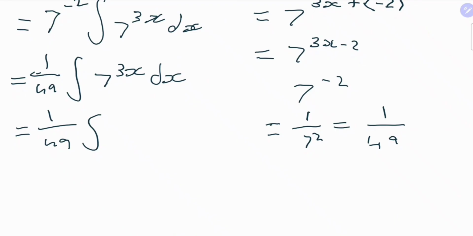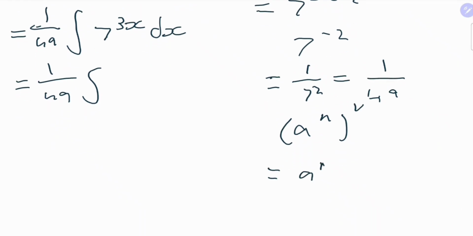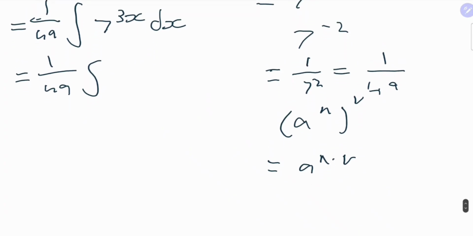Okay, what we're going to want to do now is go back to a rule, this rule looking like this. Say a, I probably shouldn't use 7 because that would give away what we're doing. a to the n times v is going to equal a to the n times v. Instead of being added, they're being multiplied by each other. And now, can you see in this case, if a equals 7, what n and v might be equal to? Well, if you guessed 3 and x, you'd be correct. So we can rewrite this as 7 to the 3rd to the power of x